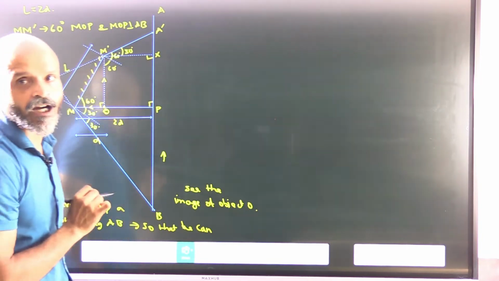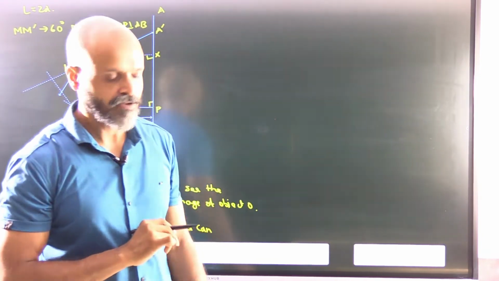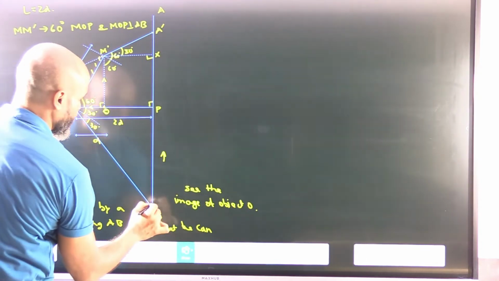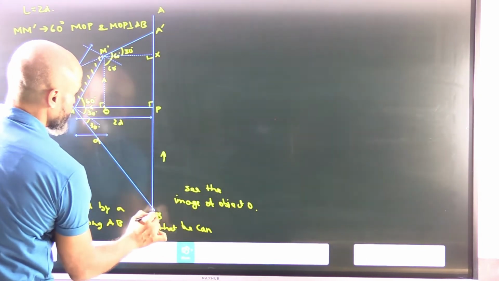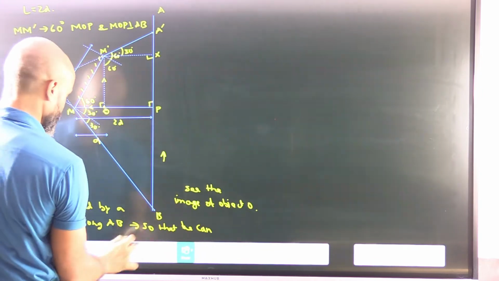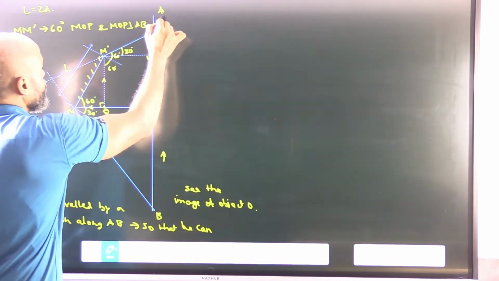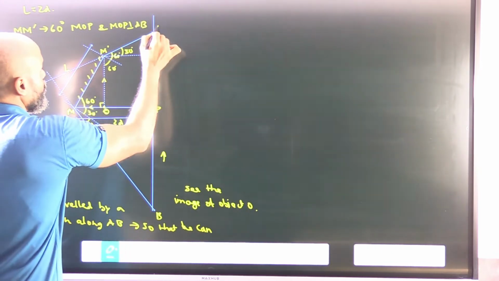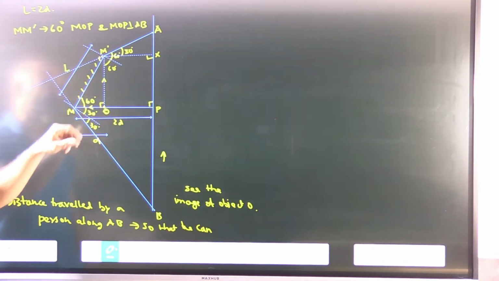So this is basically how we will represent the entire thing. Now obviously this will be 30. Now we have to calculate this entire distance, let's say from B to A dash, or just for simplicity keep it as A only. Okay, so now let's look at it.